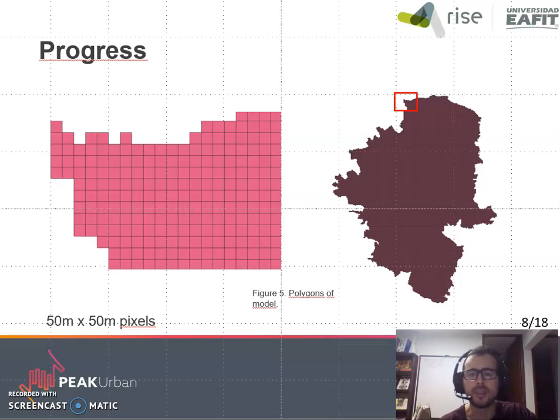We currently give each pixel a land use zone, and we say if it is either residential, commercial, etc. It is important to note that each of those squares or pixels is 50 meters on the bottom and 50 meters on the side.